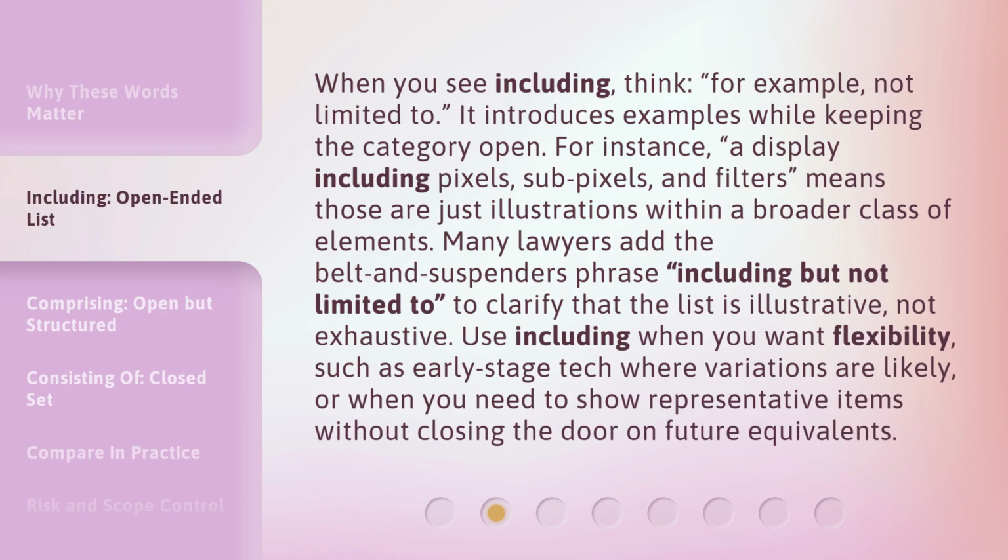When you see including, think, for example, not limited to. It introduces examples while keeping the category open. For instance, a display including pixels, subpixels, and filters means those are just illustrations within a broader class of elements. Many lawyers add the belt and suspenders phrase, including but not limited to, to clarify that the list is illustrative, not